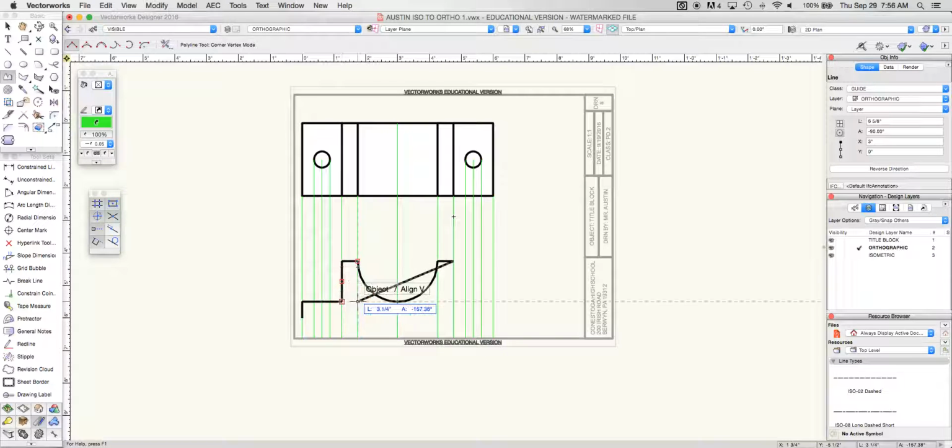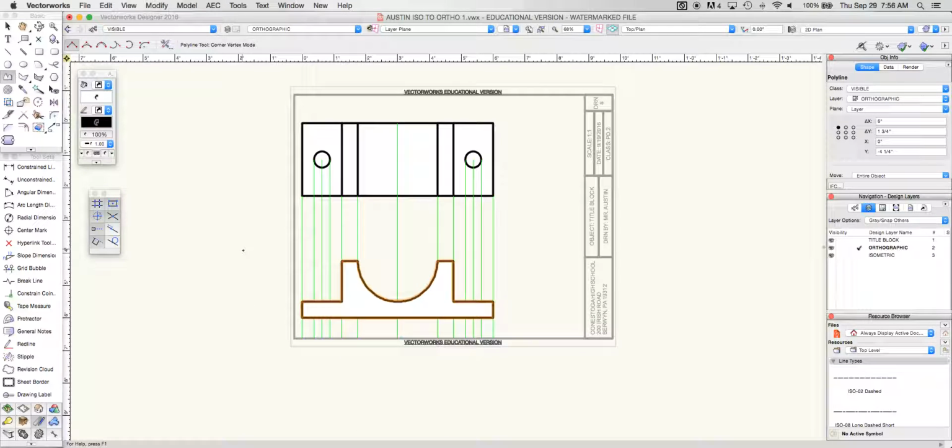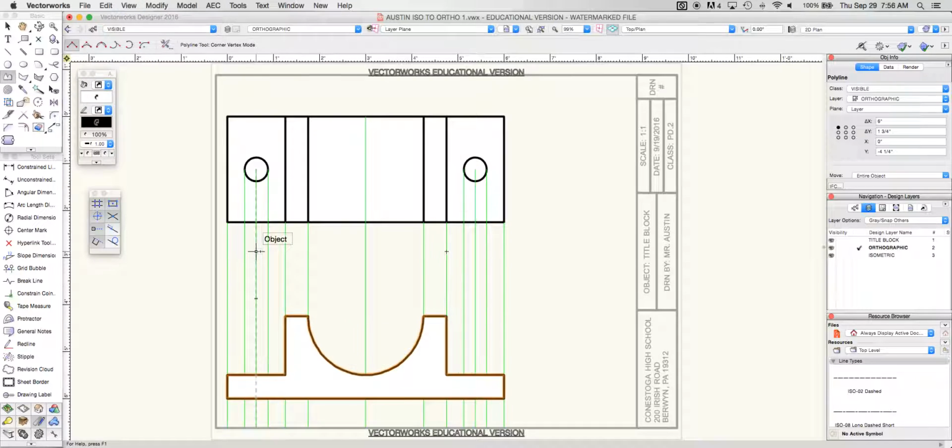I'm going to select that point there, let that come across as being the red line over to here, and then I'm just going to end that object by allowing that to finish itself here and bring that over. So there's my front view of this object, and now what I can do is bring in my